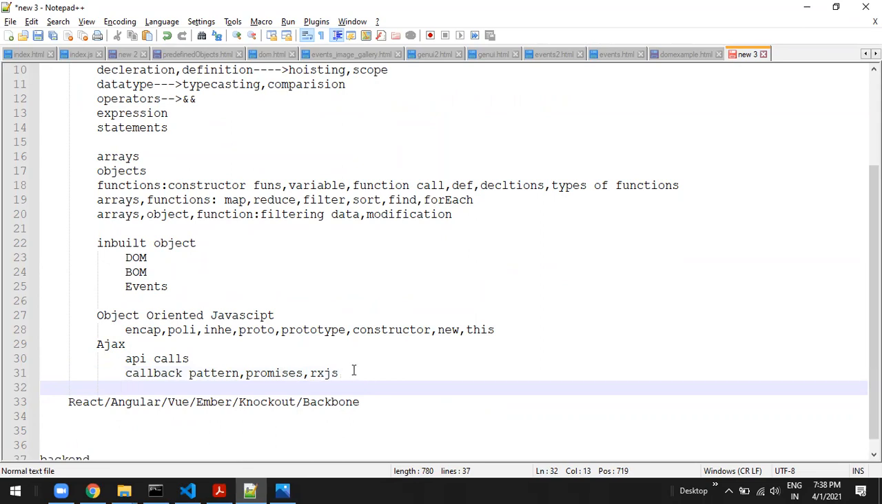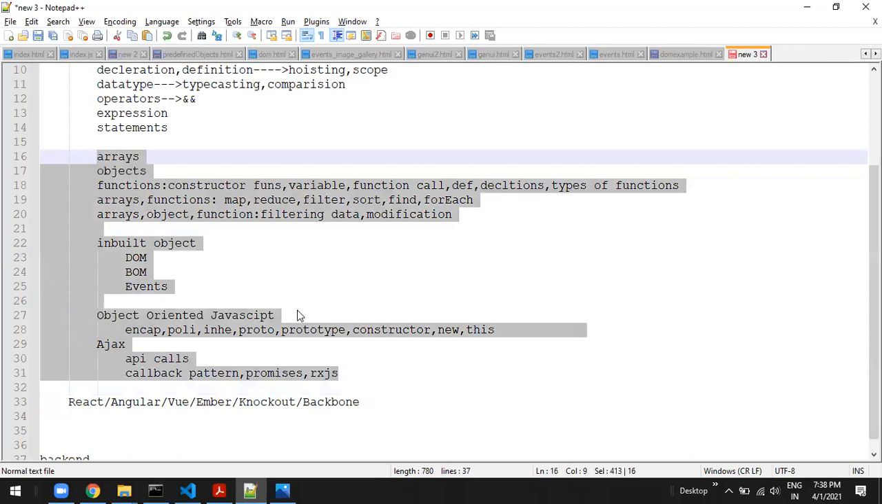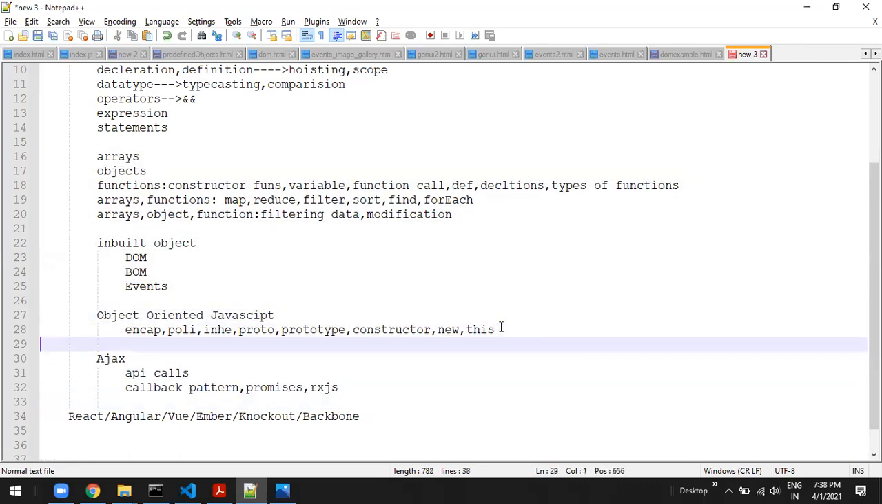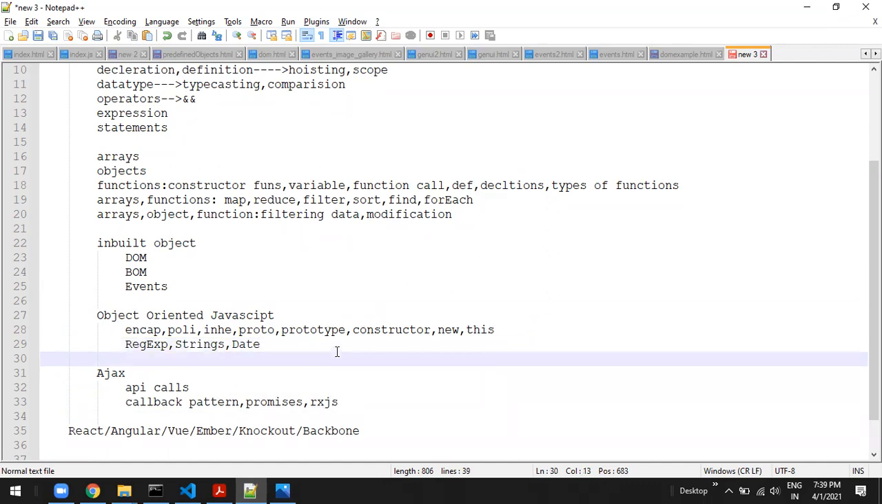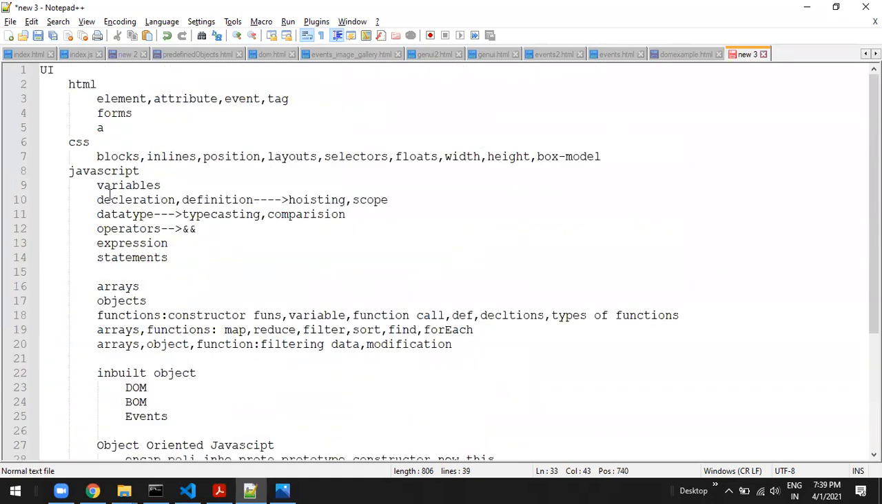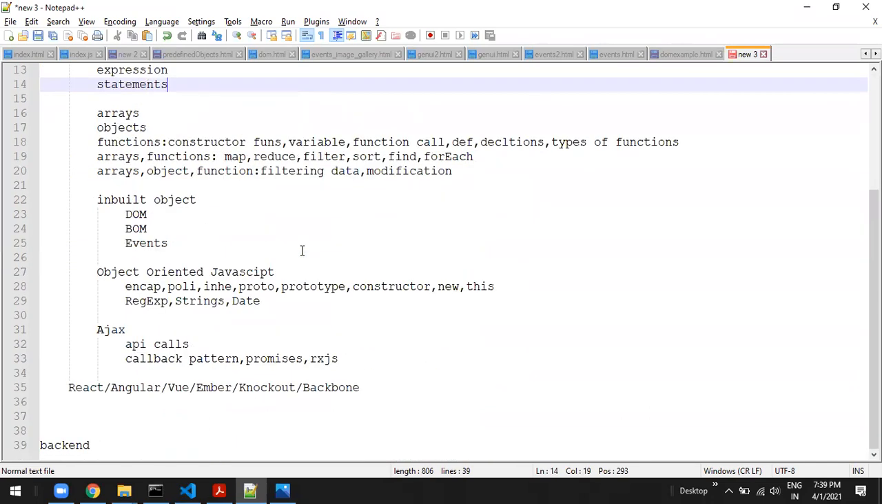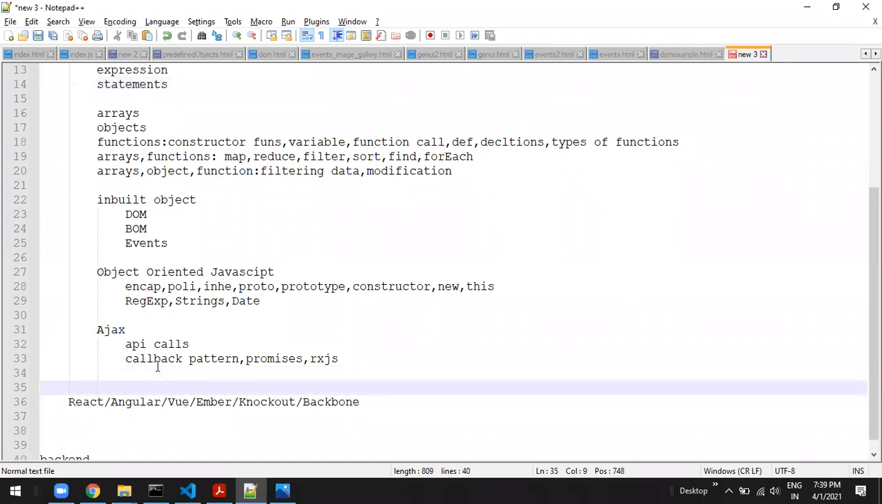Along with this, in the object oriented principles only, I will be discussing regular expressions, I will be discussing strings, I will be discussing the date object. All these things will be covered in the object oriented principles. So overall this is going to be a 4-week course on JavaScript. Once you completely understand all these things, then we will go to the next topic called